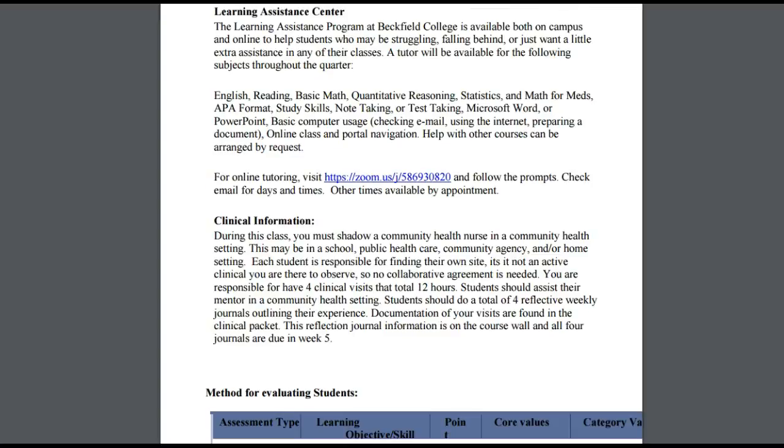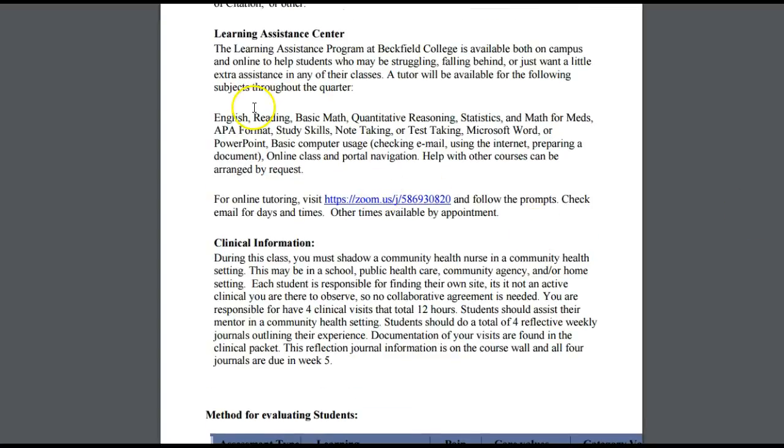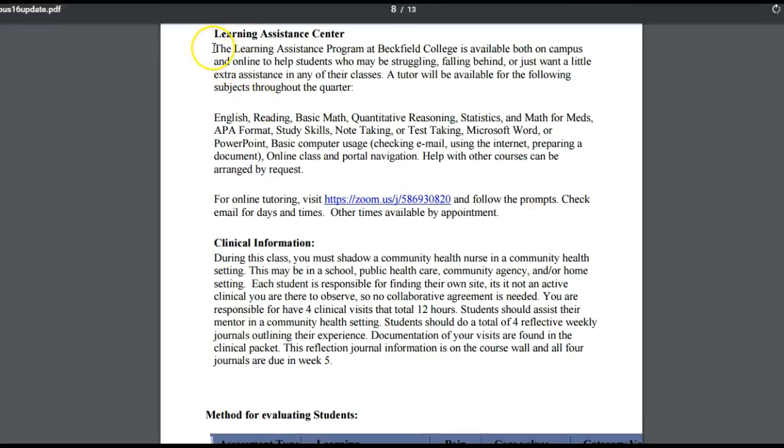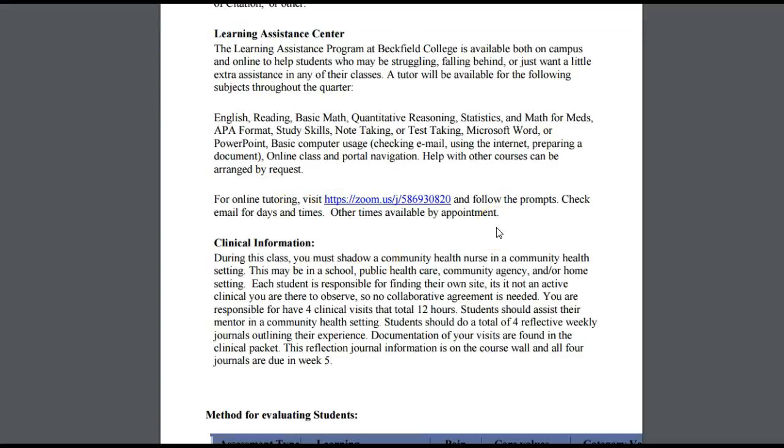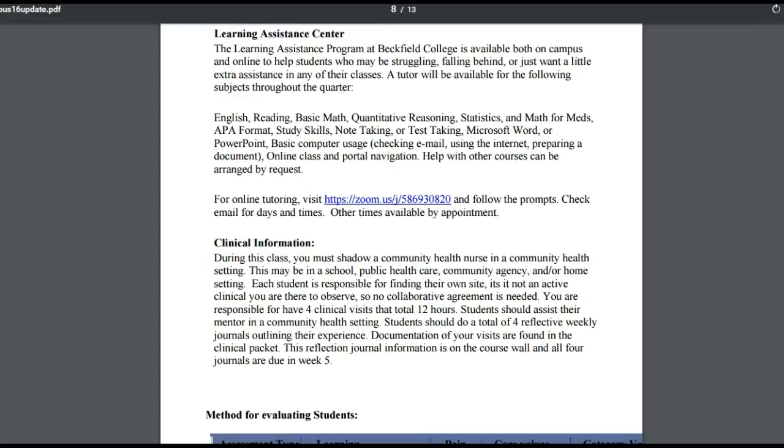So the Learn Assistance Center. I talk about the Learn Center a lot. If you have struggles with writing, paraphrasing, APA, all of that, you need to seek assistance from the Learning Center. They can tutor you and help you with writing stuff, and they will do online tutoring with you. To be quite honest, for APA information, I would go to the library because they'll help you a little more. They're a little more savvy on APA. But in terms of grammar and editing,